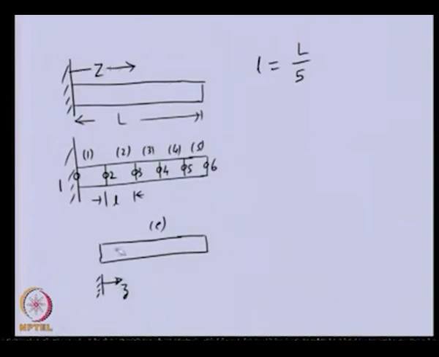This is local to this element. Now, the length of this element is small l. Our node here is, let us say, the ith node, and this is the jth node,